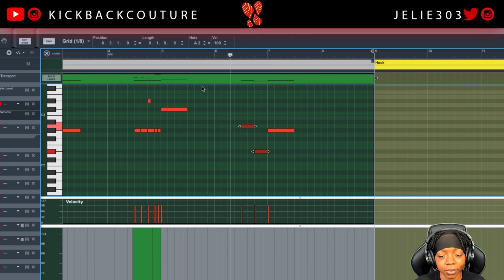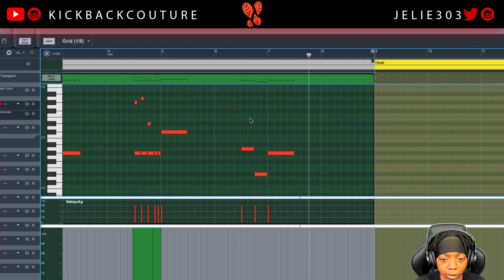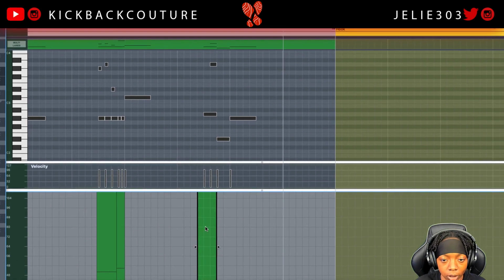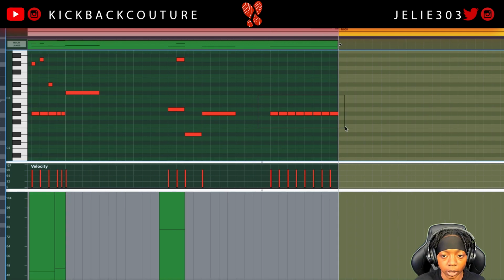All right. We could do a little quick slide in this area. Let's come up. And it doesn't have to be in the beginning. You could do it on the second half. And then we can make that slower. So we'll draw a little clip here and bring the Portamento up. Dope. And then for this part, I actually want to do triplets. So gonna go into 1/8 triplet mode and